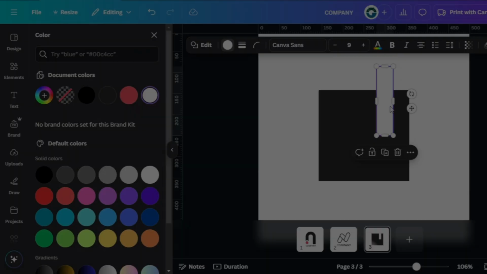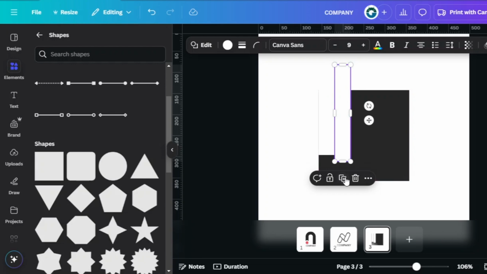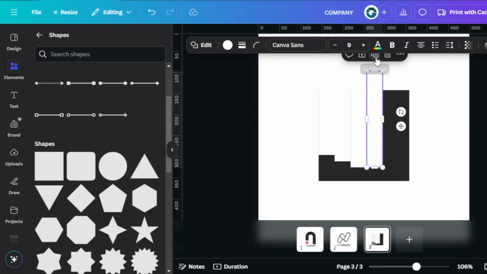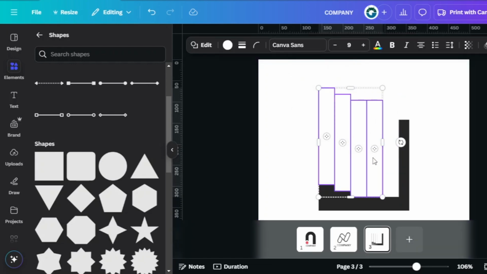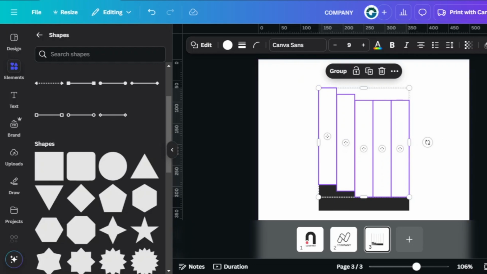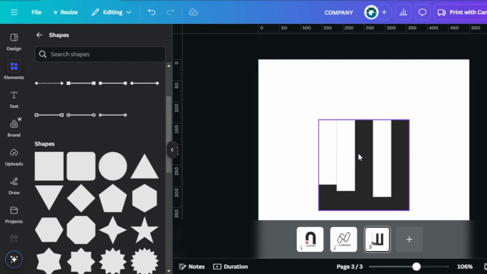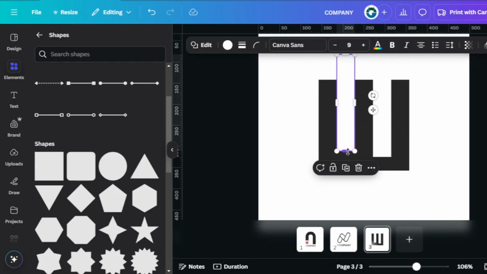Step 4. Duplicate the square and adjust its proportions to create narrow rectangles. Arrange them to form the letter N as shown in the example.